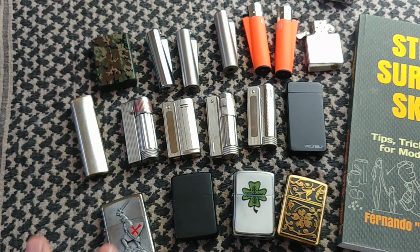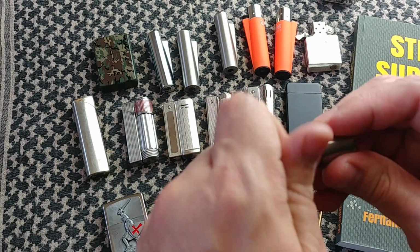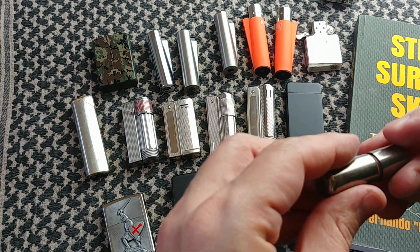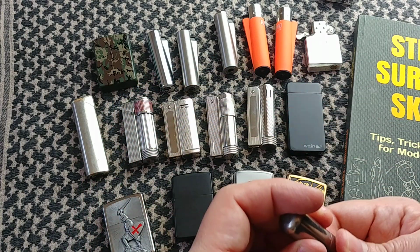So guys, that's it. Maybe some of the more unusual stuff would be something like this, the peanut lighter. This is a titanium peanut lighter that I keep on my keychain. This also uses Zippo fuel. And the nice thing is that it has an O-ring, so it holds the fuel for a pretty long time. And finally,